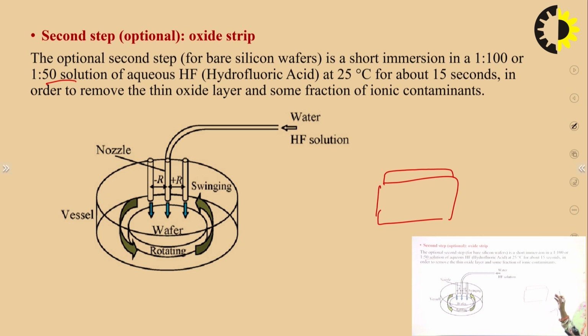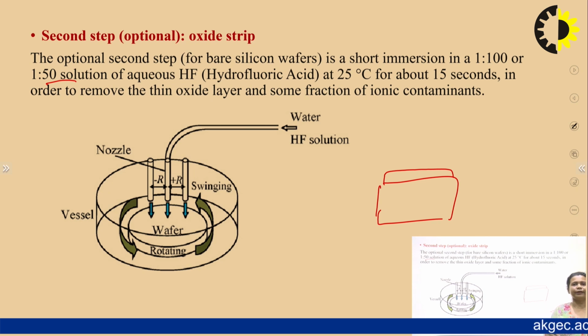So for removing this thin oxide layer, we use these 2 things, and we need to take care of the proportion, the timing and the temperature. Temperature is very important while using such chemicals on your wafer, because if they are used for longer than certain times, or the temperature goes beyond the limits, then there may be chances that your whole wafer gets burned out. So we need to take care of this.